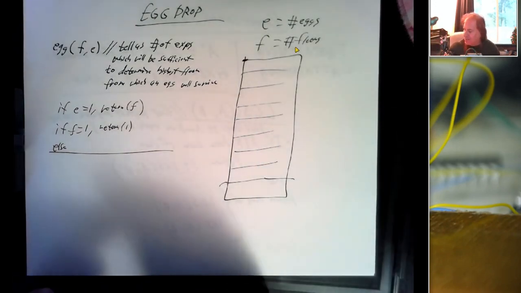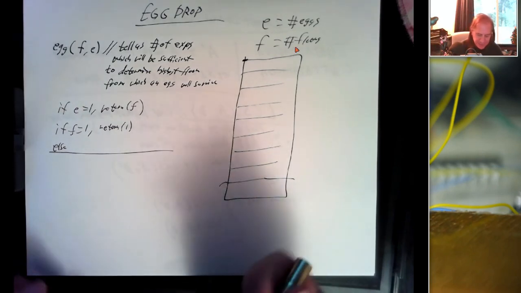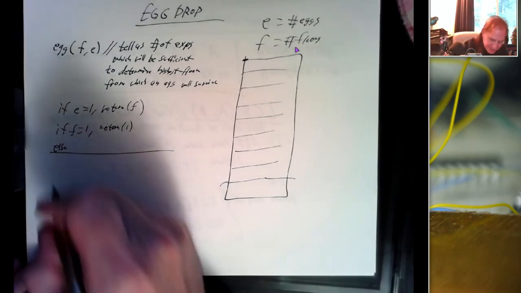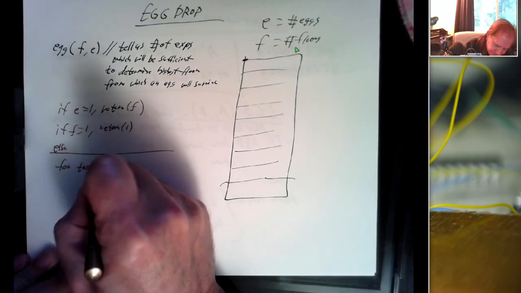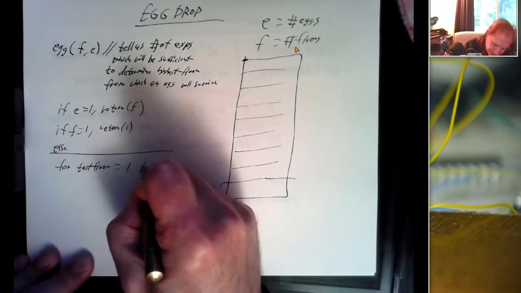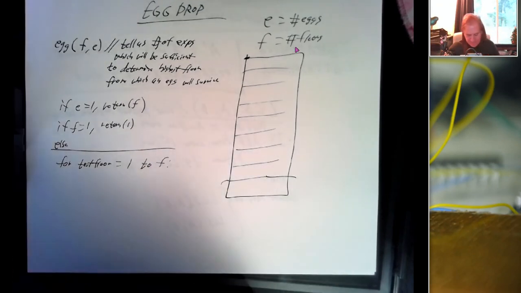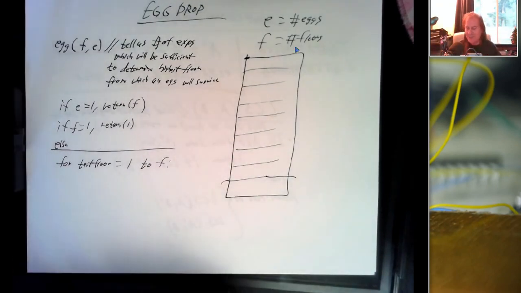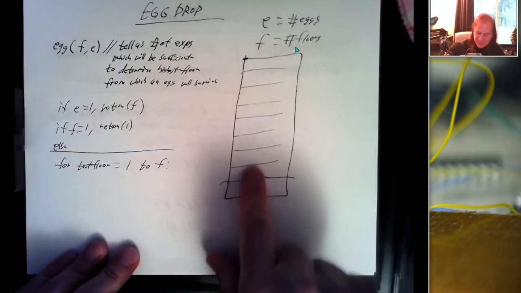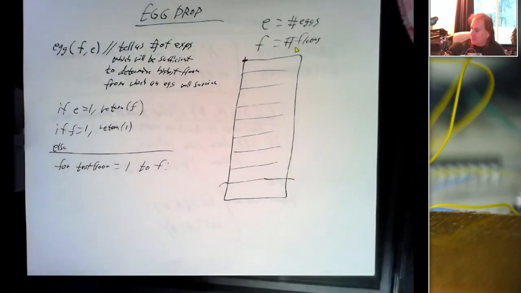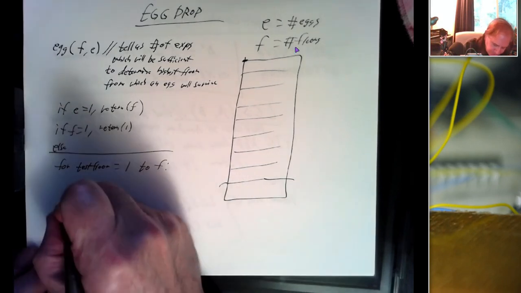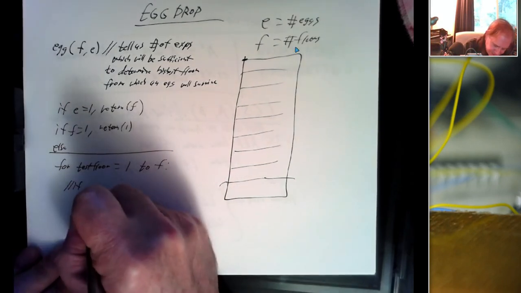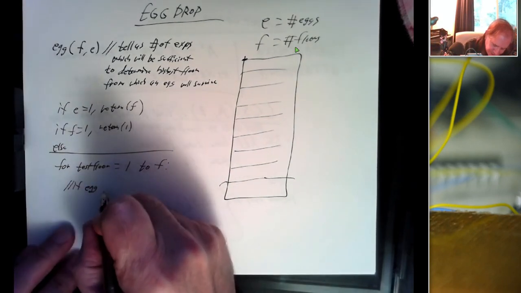So there's not a clear intuitive solution to this, but here's how we can do this programmatically. So we can say for test floor equals 1 to F. So we're going to imagine what happens if we drop our egg from each of the floors. And there's 2 possibilities. The egg will crack or the egg will not crack. So if the egg survives,